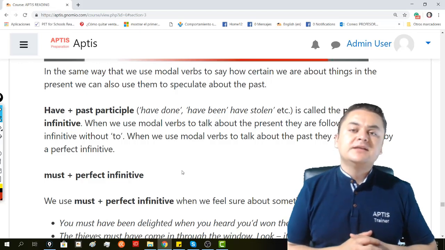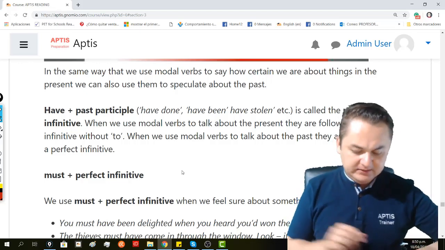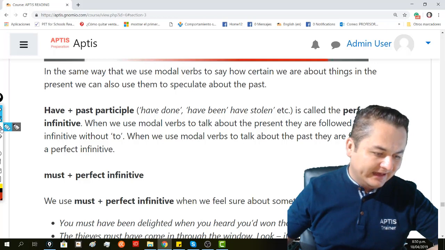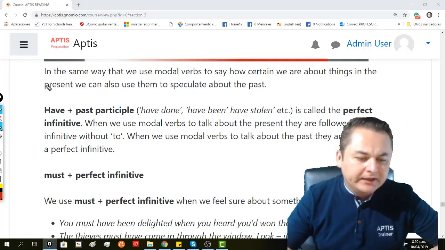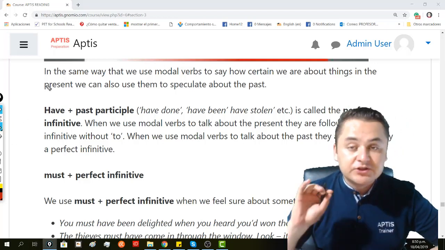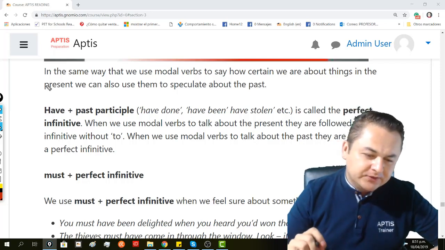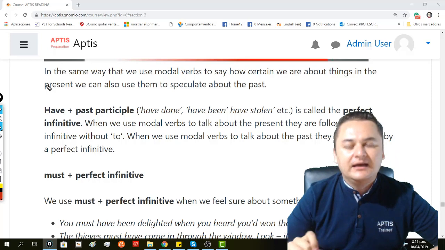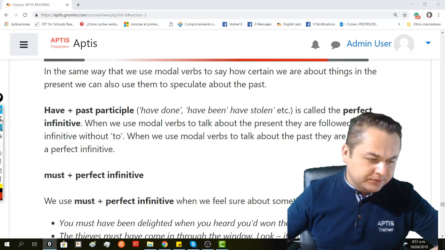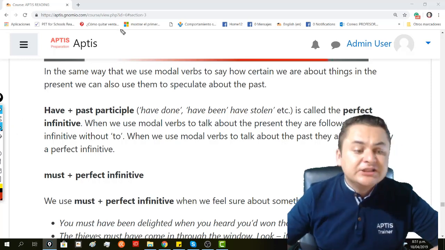So today's topic is about the past modals, and we can start by saying that in the same way that we use modal verbs to show how certain we are about things in the present, we can also use them to speculate about the past. So I am going to start by first mentioning that